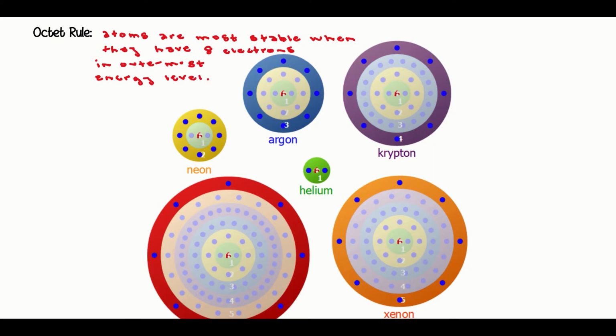Another way of saying this, because the electrons in your outermost energy level are your valence electrons, is that atoms are most stable when they have 8 valence electrons. That is the ultimate goal. Okay? Well, there are naturally atoms that will have that stable octet, and those are your noble